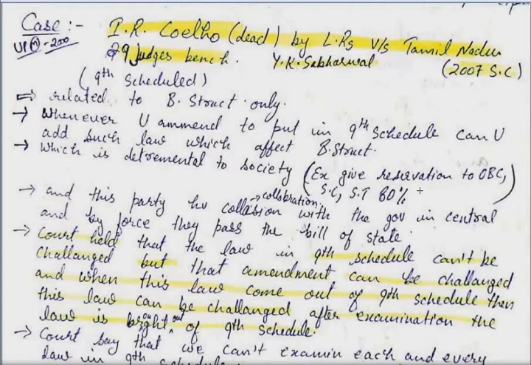amend करो, add it into the ninth schedule after the amendment so that it would be beyond the scope of the judicial review, and the law is bogus, vague. Why? Because it is not upon any survey report और committee की इस तरीके से नहीं बनाया गया था. So it ultimately violates the requirement of social justice. But in our example, still the central government wants to survive its governance, and it could be possible with the support of the state government which is passing the law. So the central government gets the bill passed और central government ने उस law को amendment करके ninth schedule में